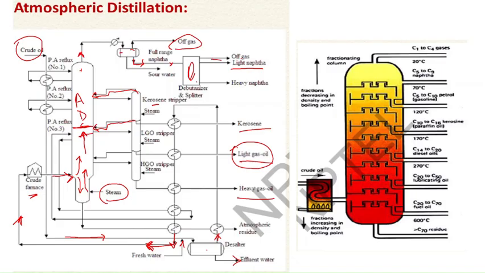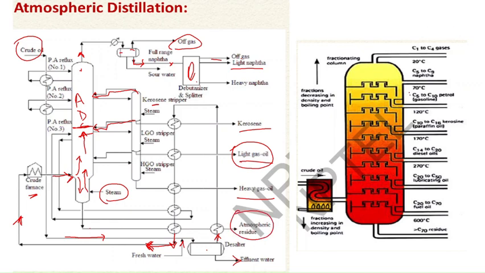So it will be stabilizing, standardizing its flash point. For that purpose, steam strippers are available, so it will be further increasing the fractionation in this distillation column. So these side cuts will be produced. After that, all the other portion which is not processable in this atmospheric distillation column will be taken out as atmospheric residue.